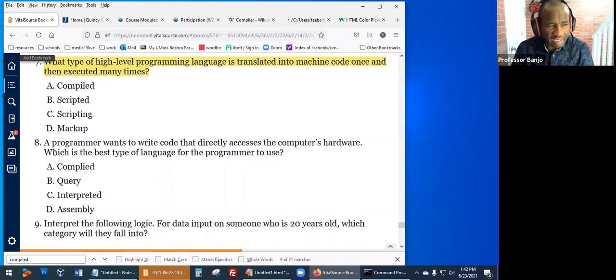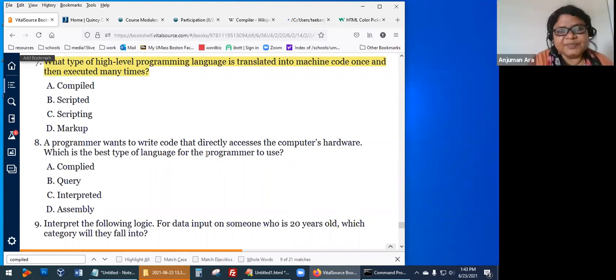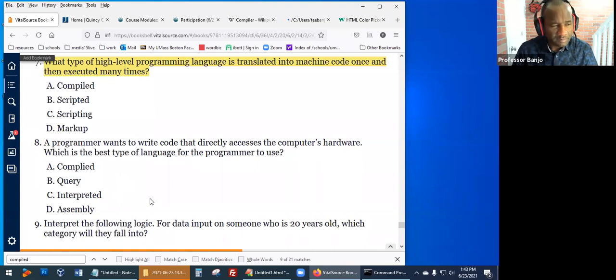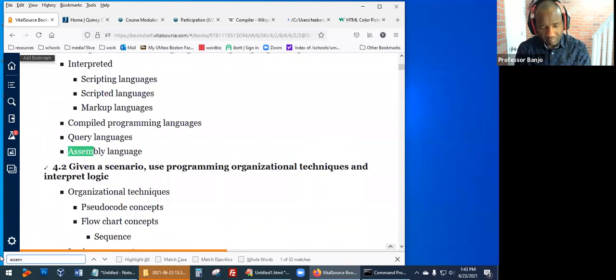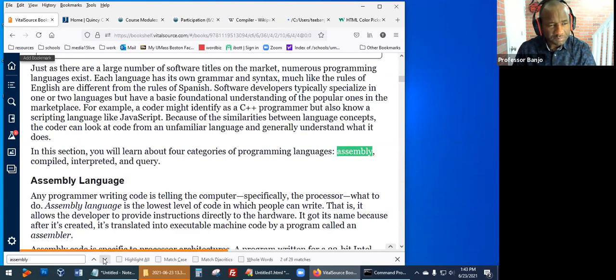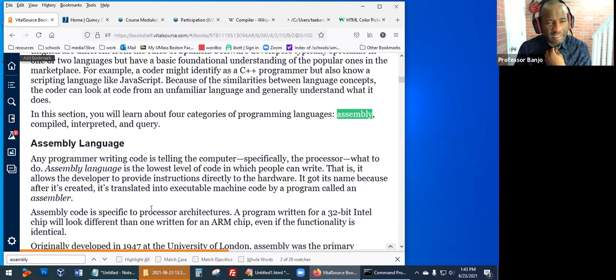Okay? So it says right here, which is the best type of language for the programmer to use if you want to write code that's going to have an effect on the hardware? Assembly. Say it again. Assembly. Okay, so let's see what assembly is. All right, so right here,